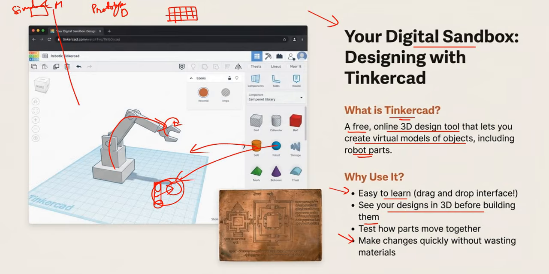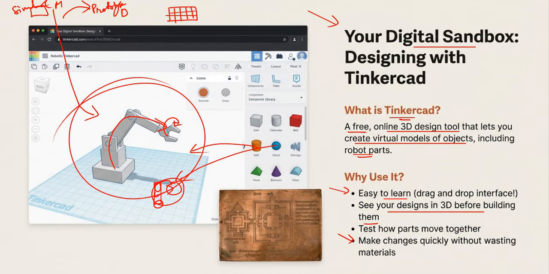And this is what you are doing over here. You are trying to understand the entire thing digitally, how it works, how it happens. Then you think of the different components, and after that you manufacture the prototype. If you are satisfied, good, and if you are not, then you make the changes, and then finally you go for production. Okay, that's how things work.